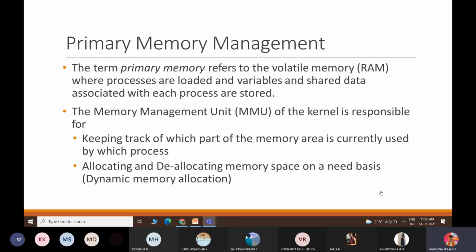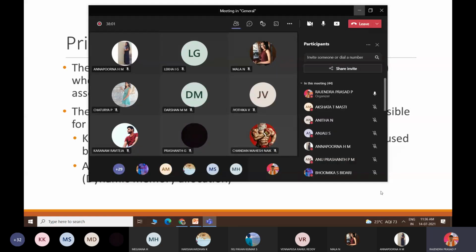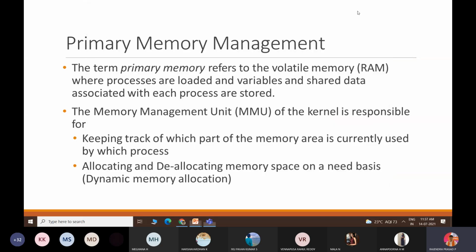Now a dynamic allocation example is your internet banking. You write your username and give a password. During that time it will allocate memory for you for utilizing your session, so it will not be at a static point. Okay, so primary memory management, these are the features which we have.